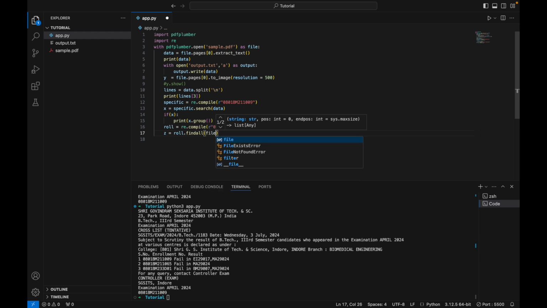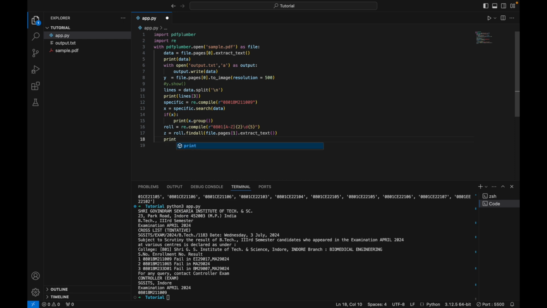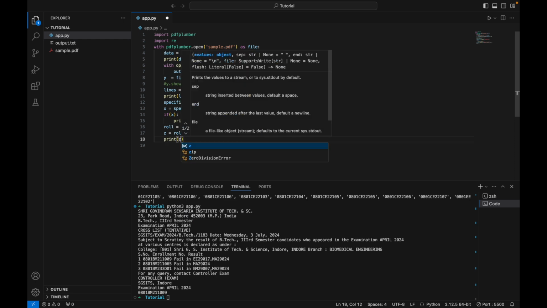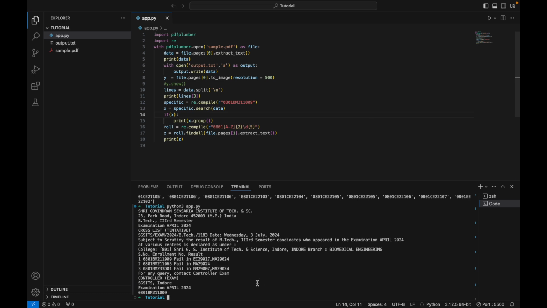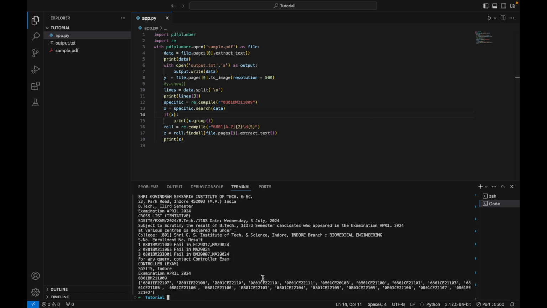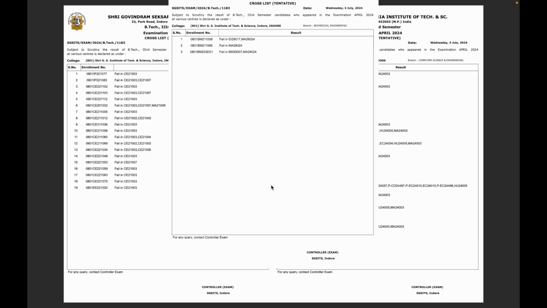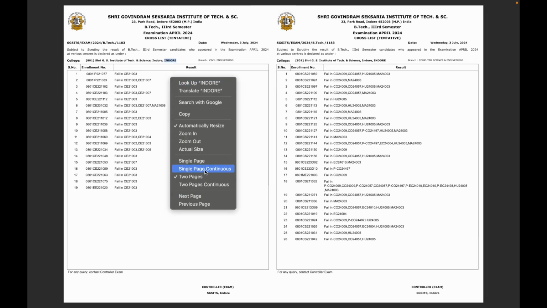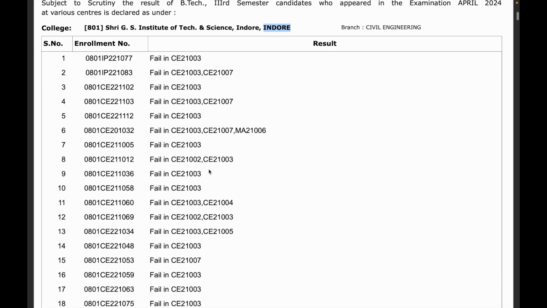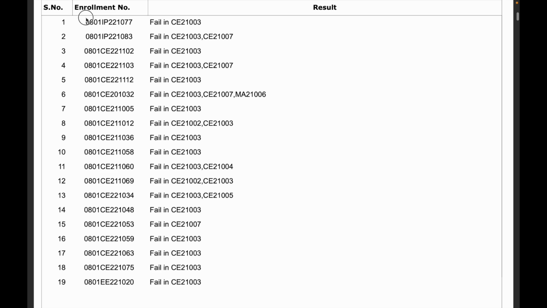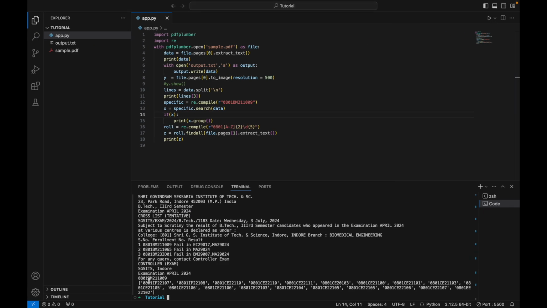For that I will write file.pages[1], which is the index of the second page, .extract_text(). Now we will print the variable z. For that I will print z, then I will save and run the code. As we can see, all the roll numbers that are present on the second page are printed on our terminal